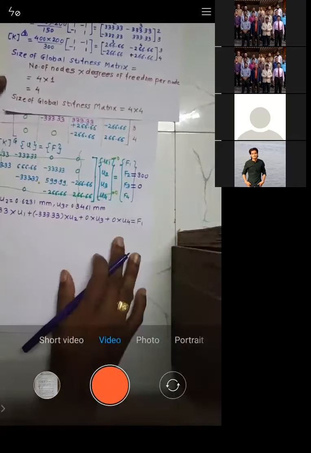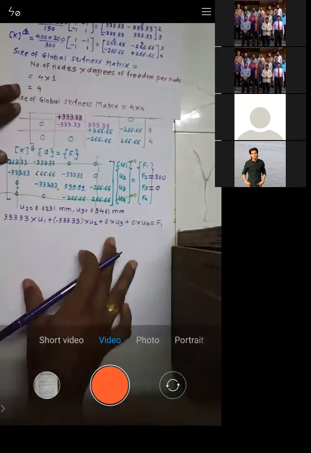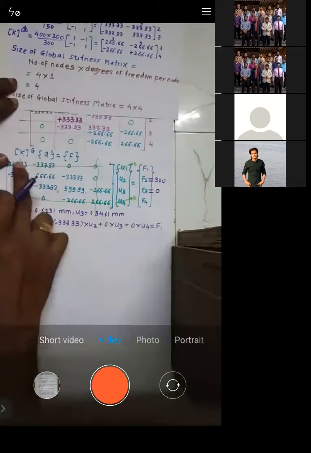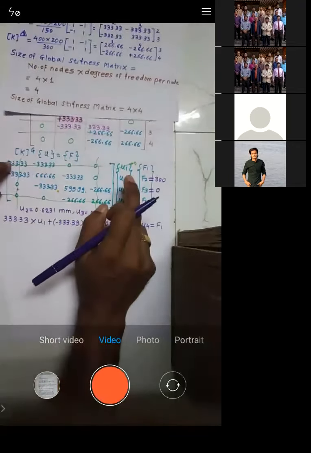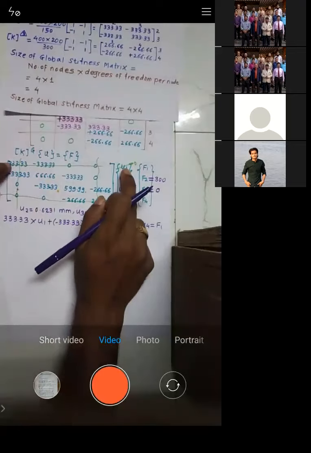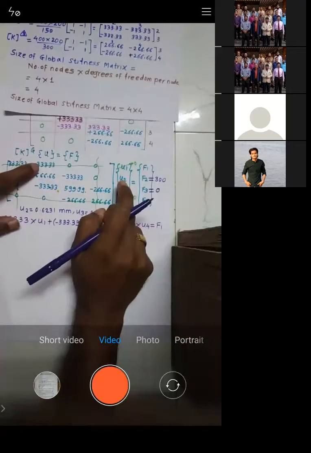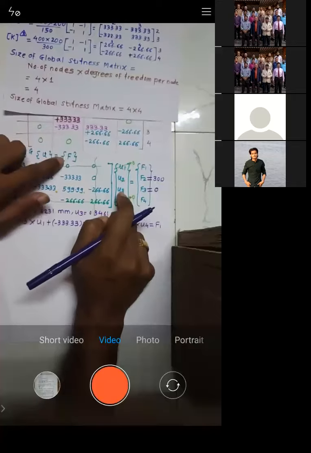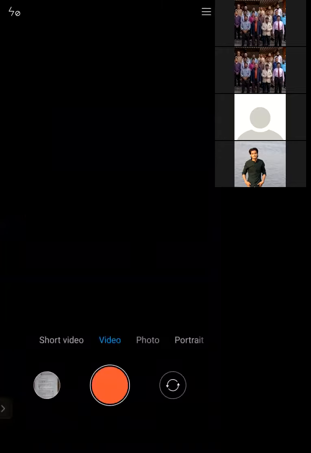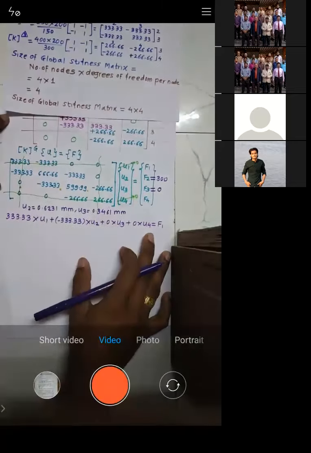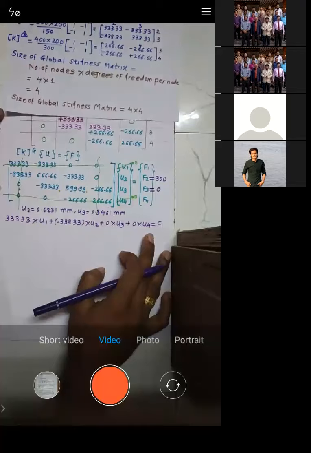Is that okay, all of you? So you know how to multiply row and column. This is the row, to be multiplied by the column: 333.33 into U1 plus minus 333.33 into U2 plus 0 into U3 plus 0 into U4. That is what is written. Have you understood this step?